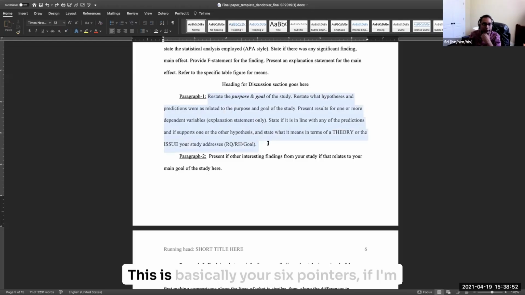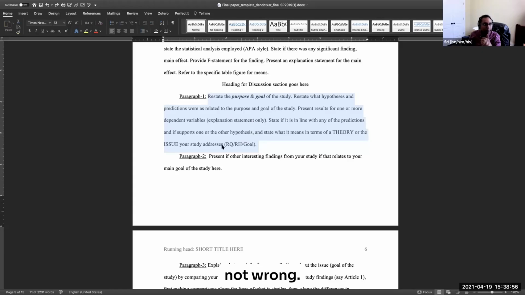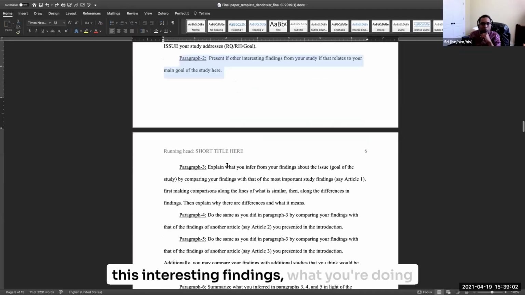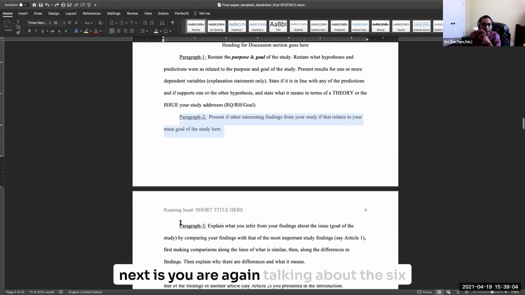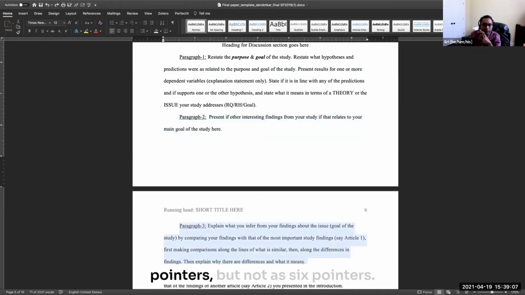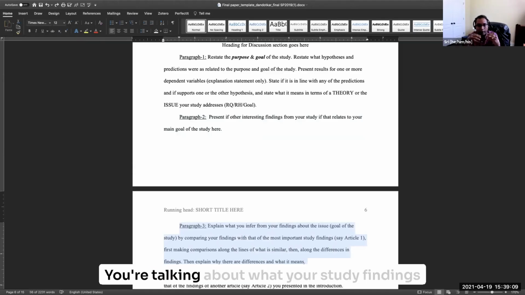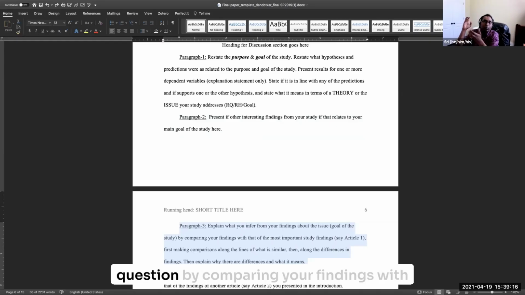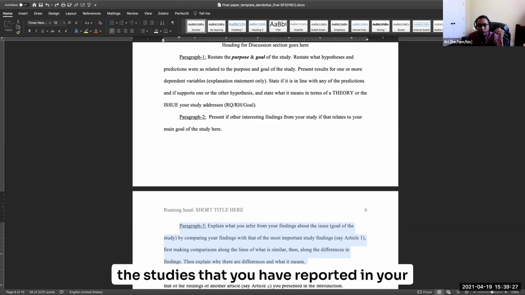Okay. This is basically your 6 pointers, if I'm not wrong, right? What you're doing next, if you forget about these interesting findings, is again talking about the 6 pointers, but not as 6 pointers. You're talking about what your study findings mean in terms of an answer to your research question by comparing your findings with other study findings, the studies that